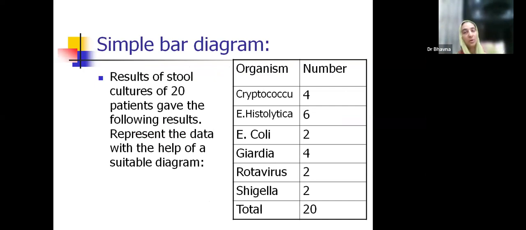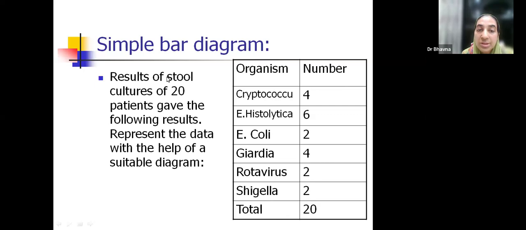Okay. What are the organisms? First, let's see how many rows this has. 1, 2, 3, 4, 5, 6. So all your data is in 6 rows and 2 columns. This is the variable. What is the variable? Name of the organism. And what is this? Counts, number, or frequency. Total is another row for totals, but this we do not include in the data. The data essentially has 6 rows.